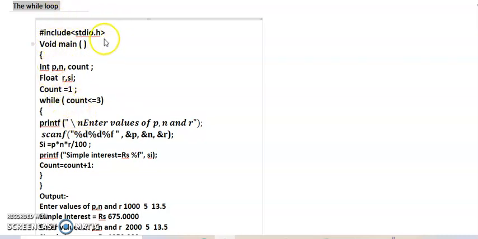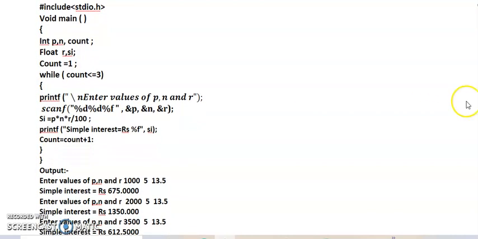How to write this: hash include stdio.h, void main, int p comma n comma count, and float r, and count equals 1, and while count less than or equal to 3. This while loop is also used in numerical analysis, the Newton-Raphson method. The Newton-Raphson method or another is a repetitive case. We use while. So while count less than or equal to 3, printf backslash n enter values of p comma n